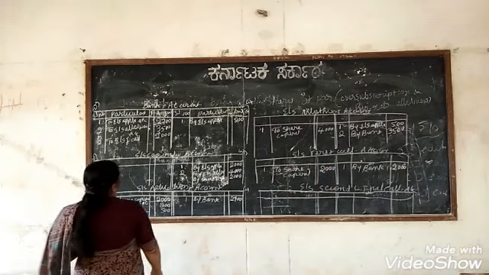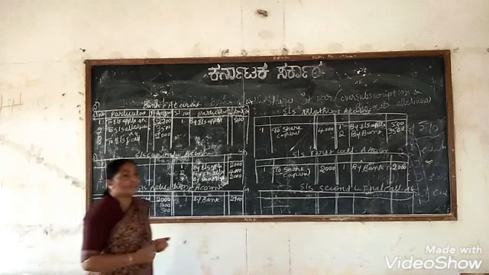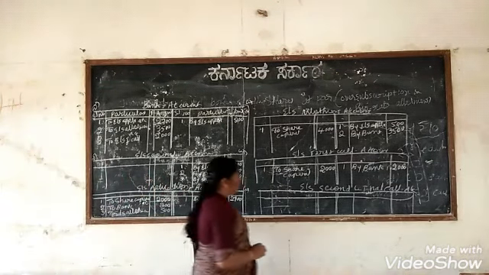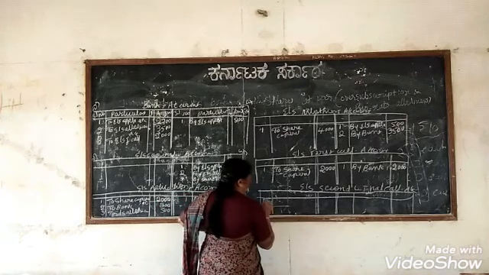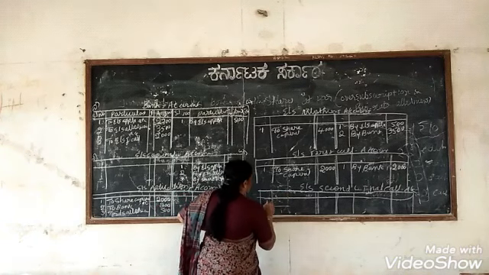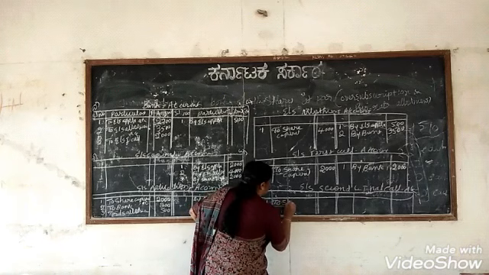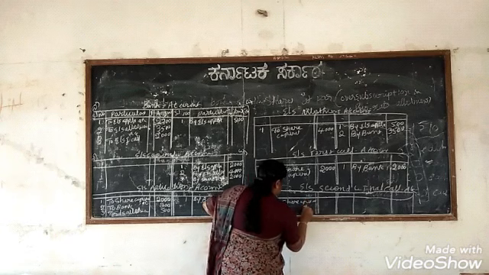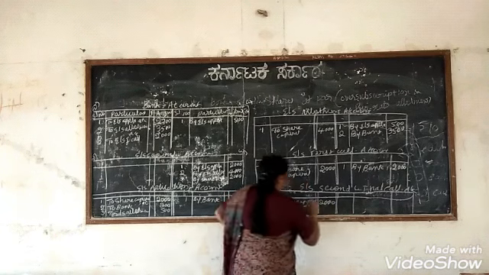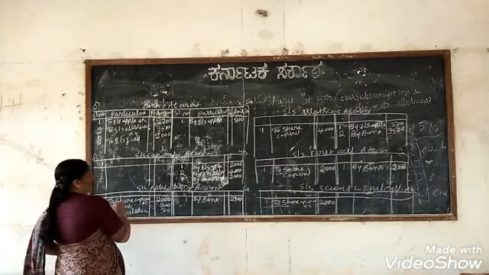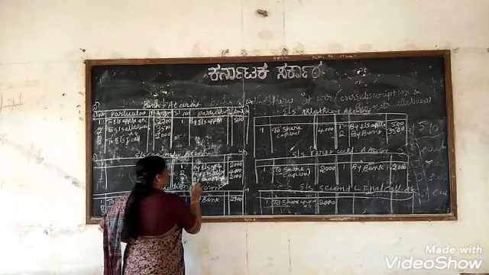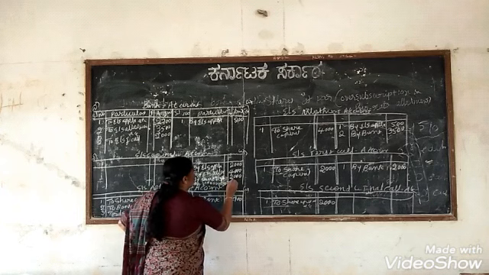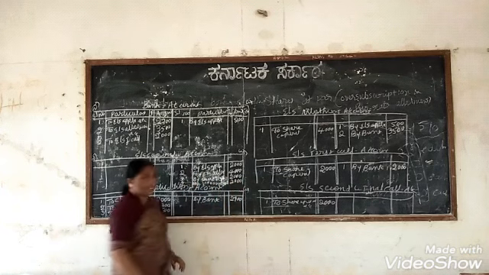Now the last entry is the second and final call due. Equity share second and final call account debit to share capital account. Debit means debit side, right, to share capital account, again 2000. In the share capital account, we write by second and final call, again 2000. Okay, it is for the due.